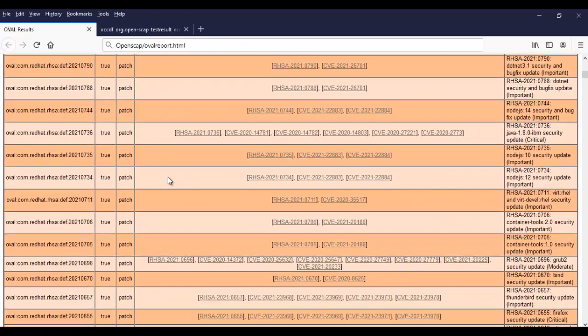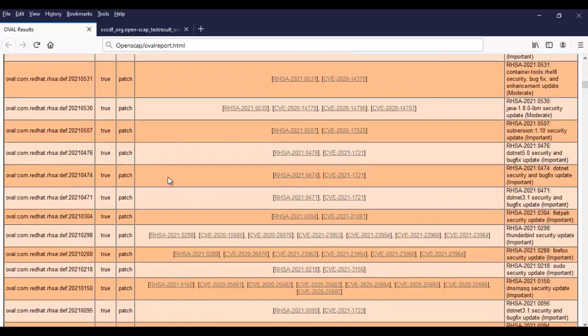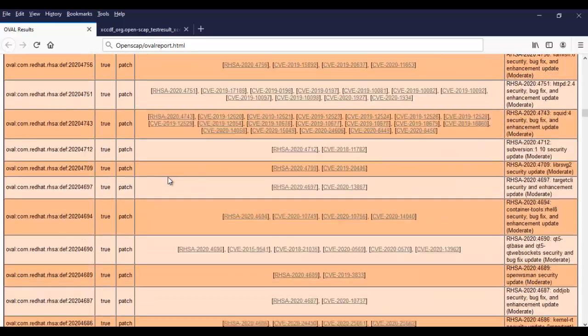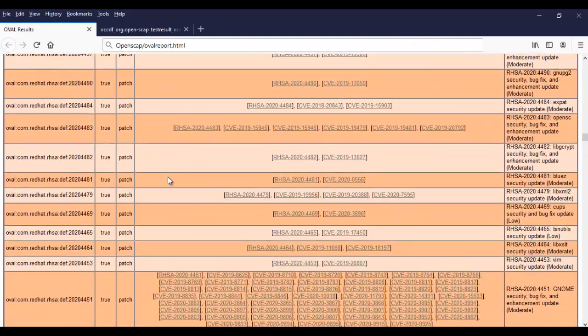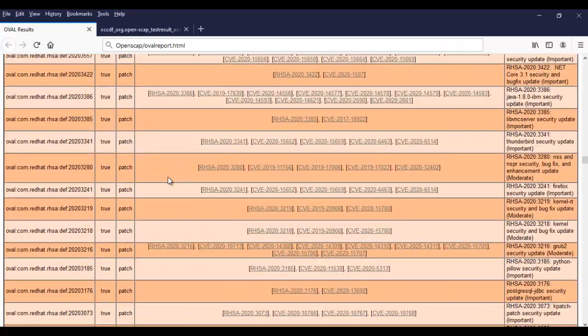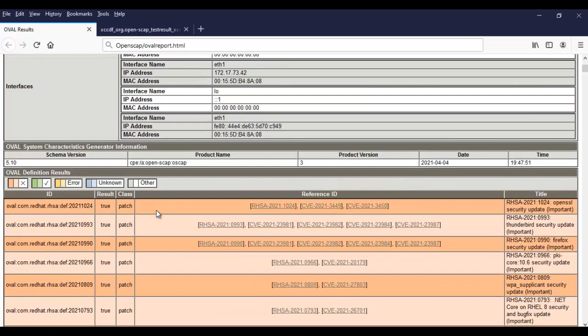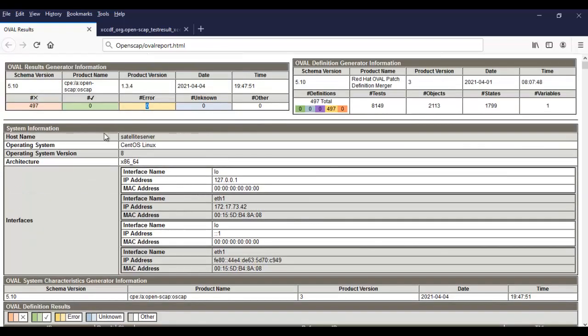So true, true, everything is good. So friends, it is checking 497 schemas and there was no issue found. That is the OVAL report.